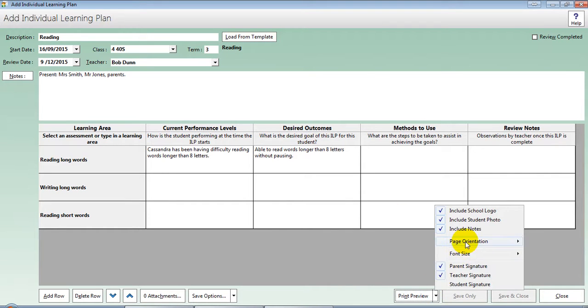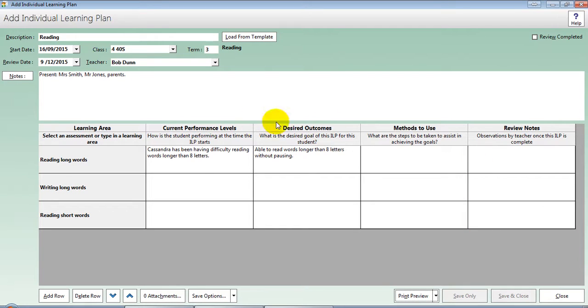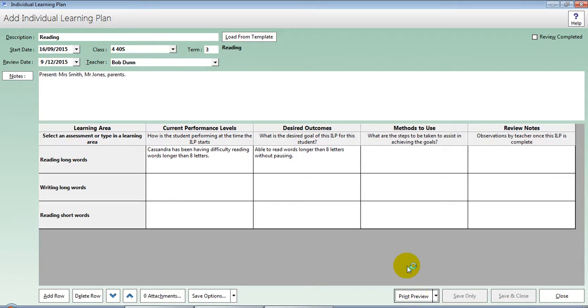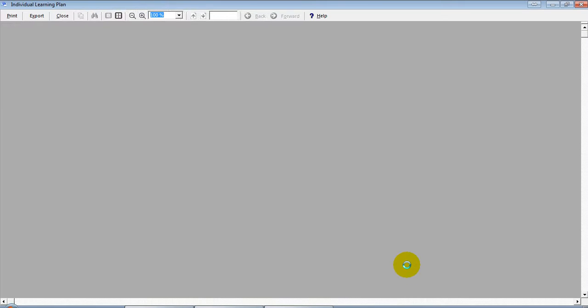We can also change the page orientation, portrait or landscape. The font size on the ILPs can be changed. That's just the font size in the grid that is printed. And we have the option for a parent signature box, teacher signature, and or a student signature box. And when you actually do the print, just click Print Preview,